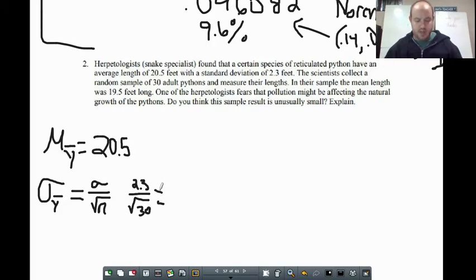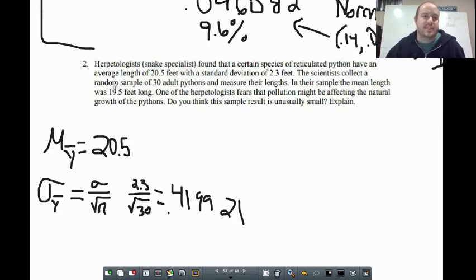So if we go ahead and plug that in, we end up getting 0.419921. All right. So that's going to be our standard deviation, the 0.419921. So then in that case, is the 19.5 unusually small, okay? Now, the best way to find out if it's unusually small, the quickest one, is probably to find the z-score